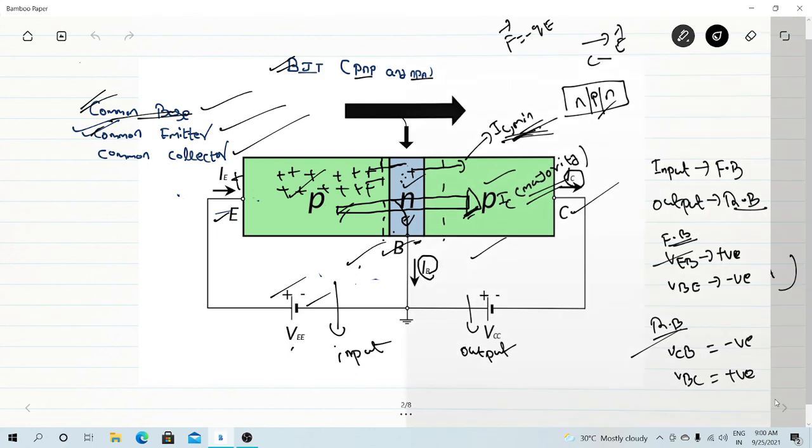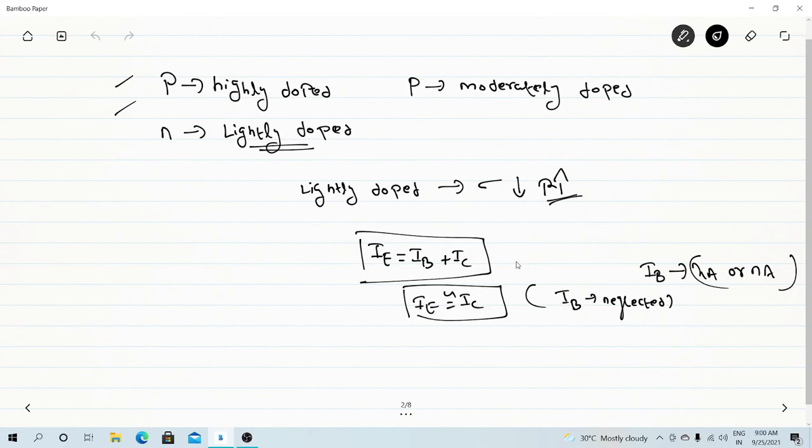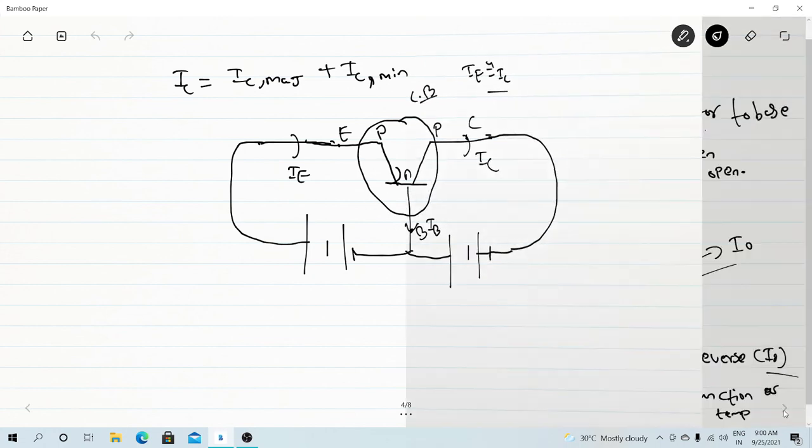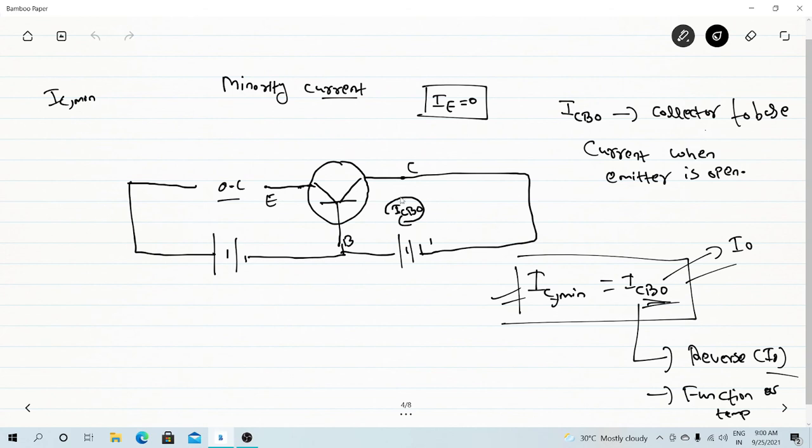And we saw the total output current is basically majority current as well as minority current. And this other relation we saw. Then we saw the diagram, and this is how we are taking PNP transistor. Then, you can see, this is very important, how to define minority current, that is basically IC minority. So for this we told that we have to make this input section open circuited, so the current that will be flowing in the output section is basically minority current. So minority current is this much. For this, this should be in reverse biasing.